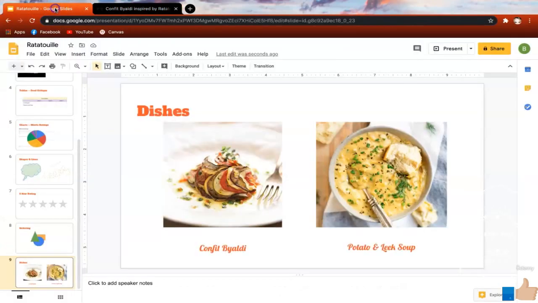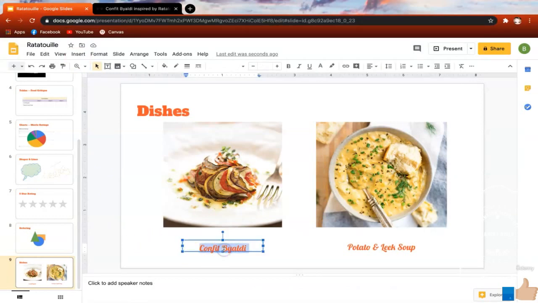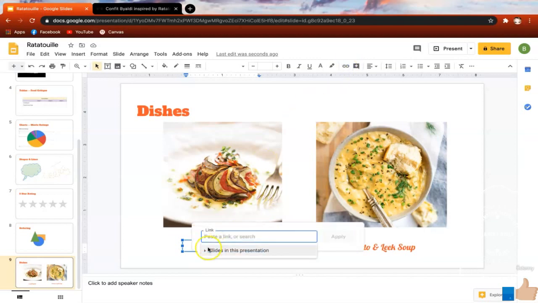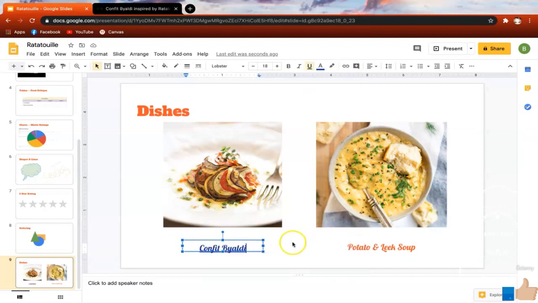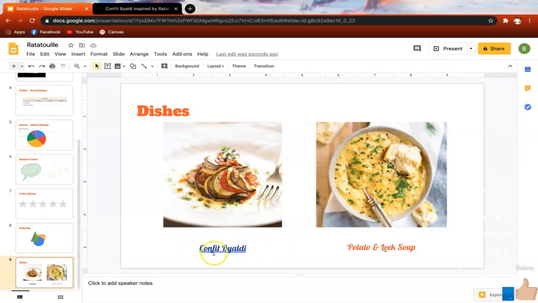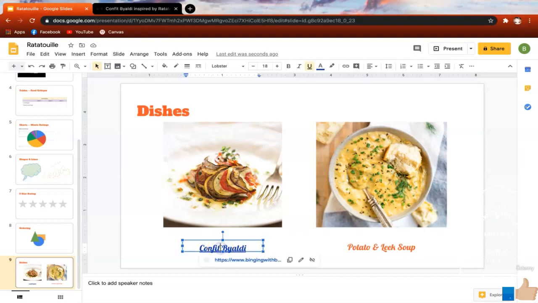And once that's done, go back to Google Slides. Now you want to highlight the text that you want to associate that link with. Once that is done, you can go up to this chain icon and click on it. Here you will paste your link and click apply. Once you see that the word is underlined and has become a different font color, you know that the link